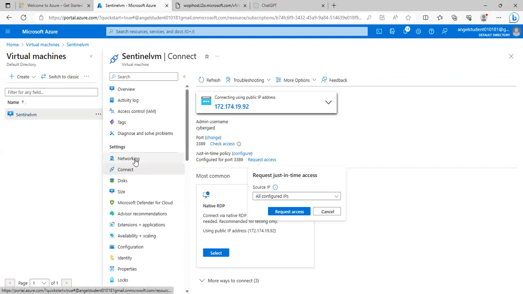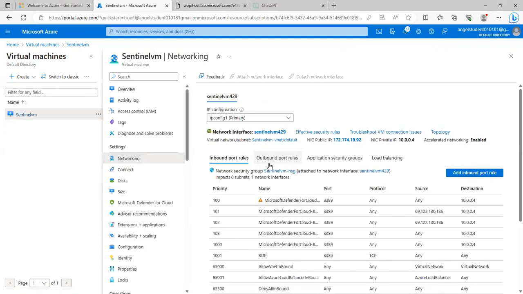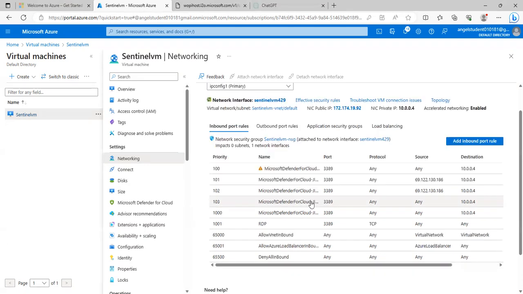So let's go to networking. So now we see the rules that are established. Inbound rules. And let me see, what's up and what's not. So it's only our connect. Microsoft Defender has updated 3 rules. And within just in time Microsoft Defender for Cloud, we have this already set a couple of times. So what we need